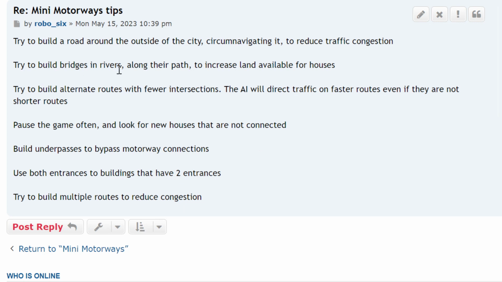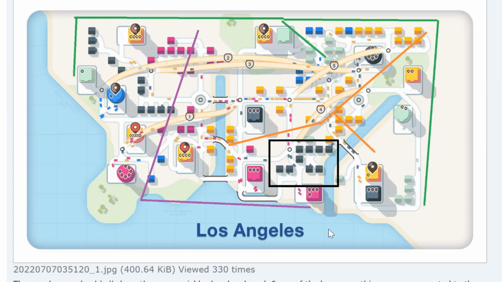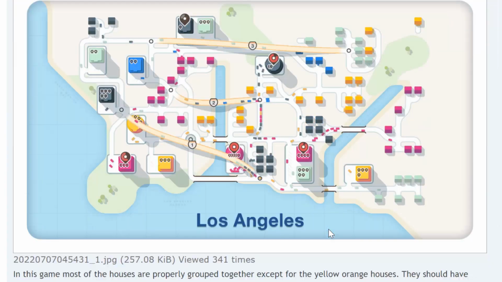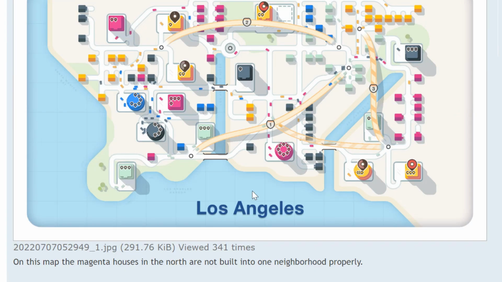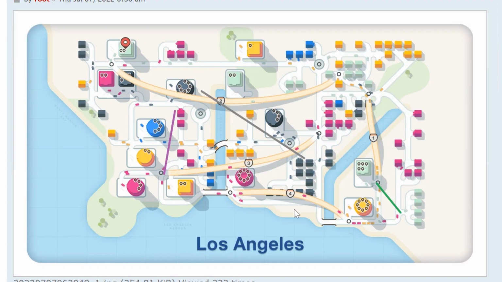Try to build bridges in rivers along their path to increase land available for houses. Let's see if I can find an example. I don't think I have one. All these bridges are going straight across, but you don't have to do it that way. You can build the bridge so that it goes in the river. You use one bridge piece, and then it makes more land available for houses, and then you don't need the